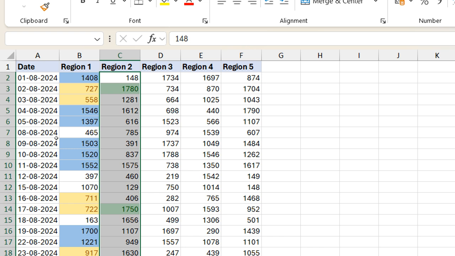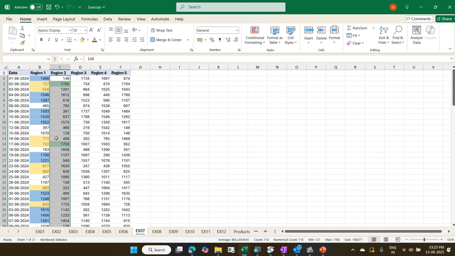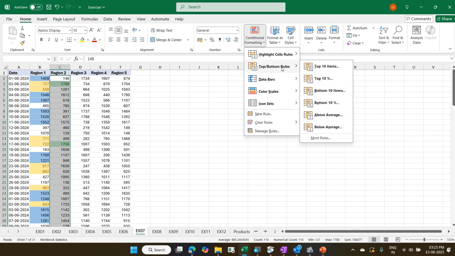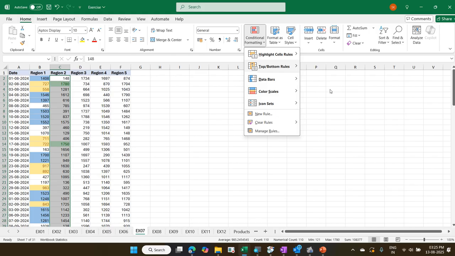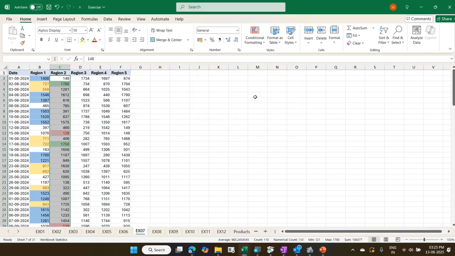Okay. Bottom, lowest: conditional formatting, then top bottom rules. Bottom 10. Suppose I will make bottom 3, least 3, lowest 3 values. I'll put the lowest 3 values in a different color, maybe a red. So top 3 we have given a color, bottom 3 we have given a different color. Okay. But